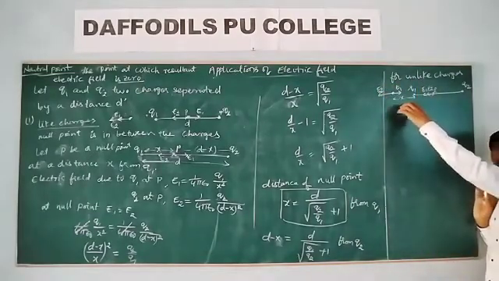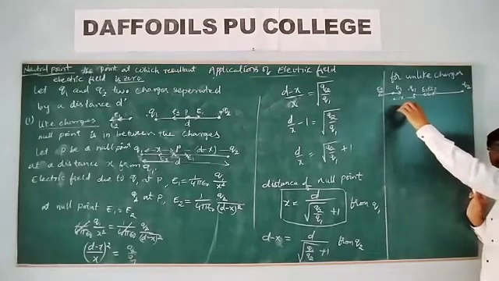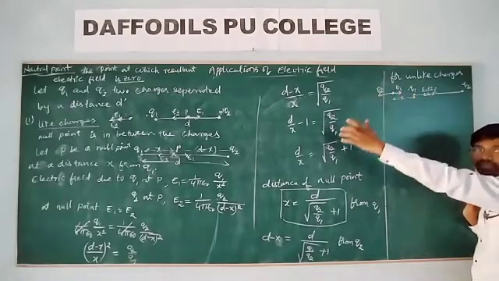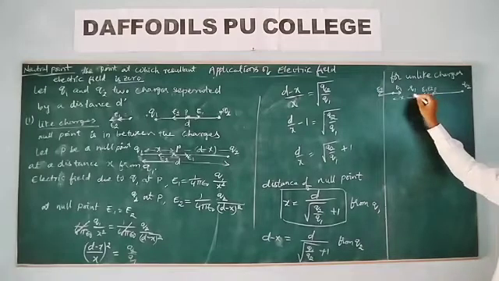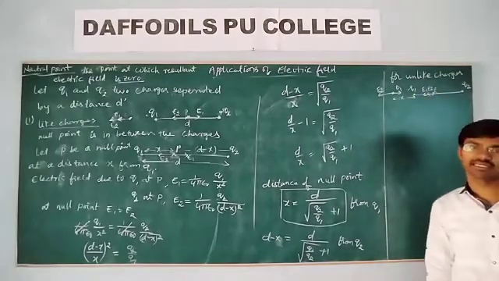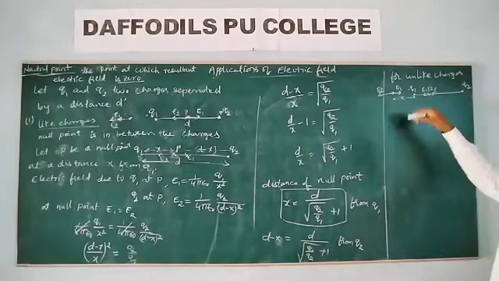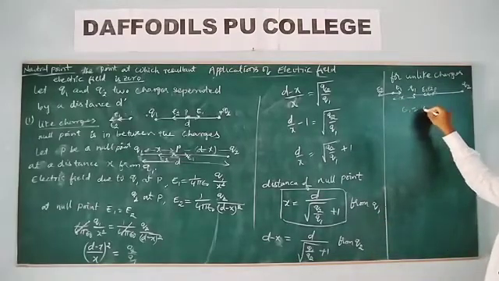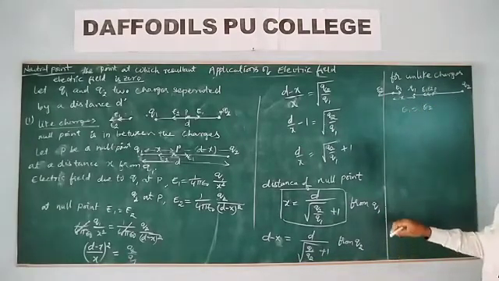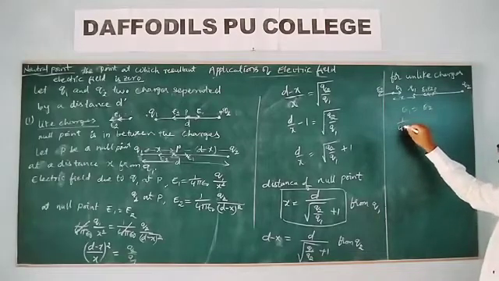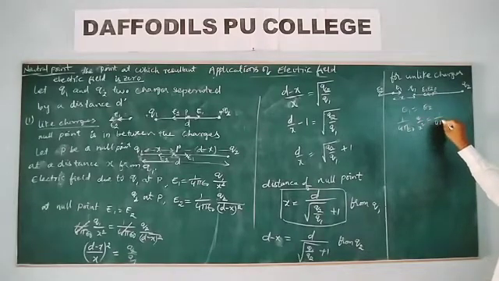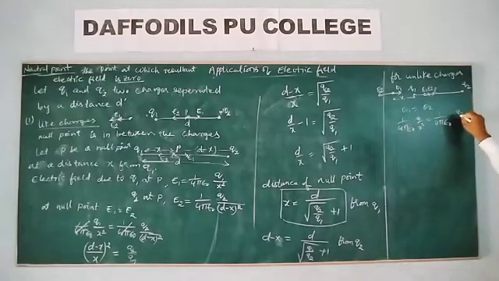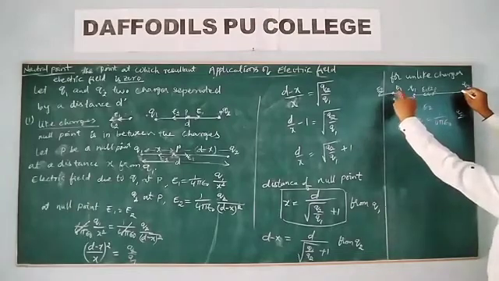That means here you may get the electric field is 0 outside the charges, not in between them, but outside of those two charges we get the resultant electric field. Again, let me do directly E1 equals E2. E1 is equal to E2 at this point. Then 1 by 4 pi epsilon naught Q1 by x square is equal to 1 by 4 pi epsilon naught Q2 by, from here to here, what is this distance?